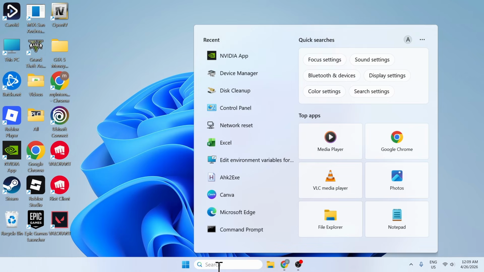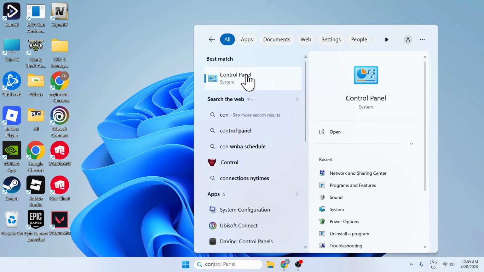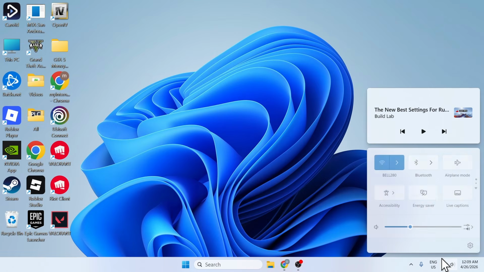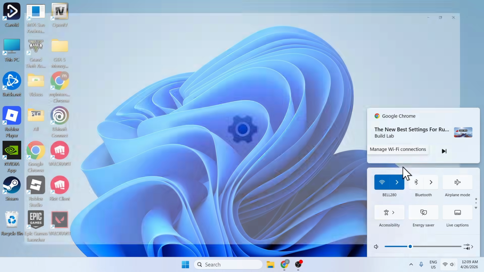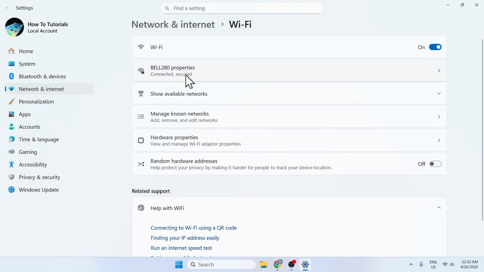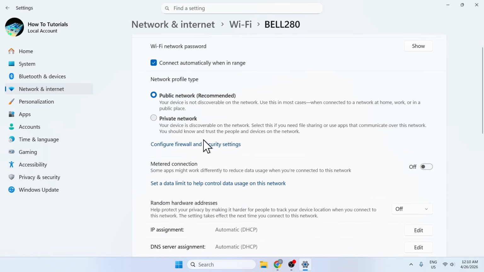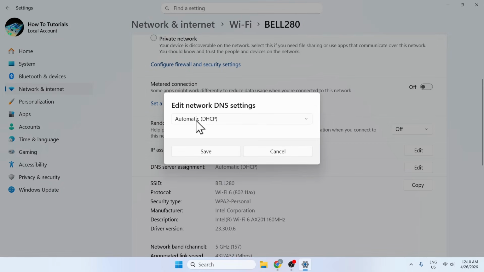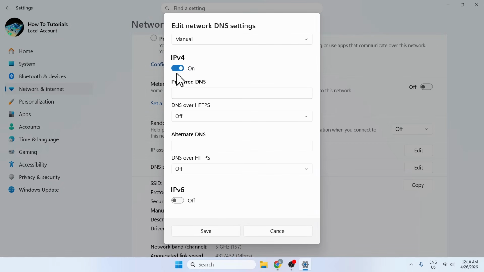Now you will go here and type in control, then go to control panel. Actually, you can just go through here. If you have this option, just go here and then right click on the internet, then go to settings. Now here you'll go to your internet, and then here you will see something like DNS server. Click edit, select manual, enable IPv4, then type